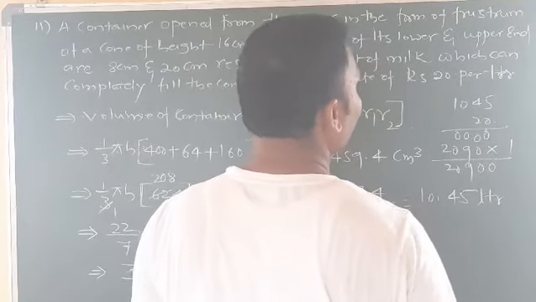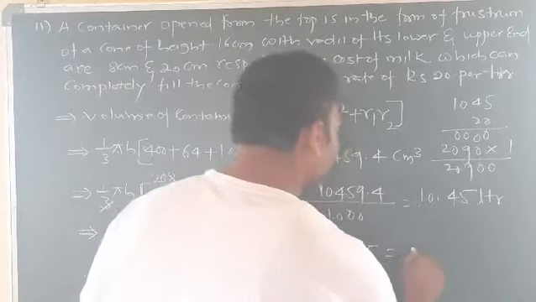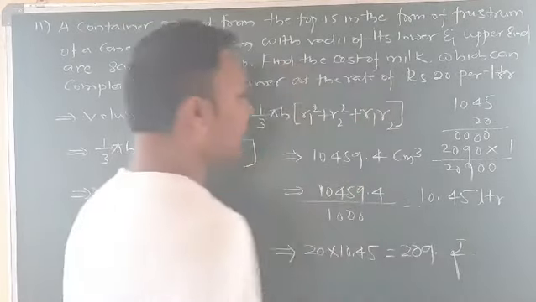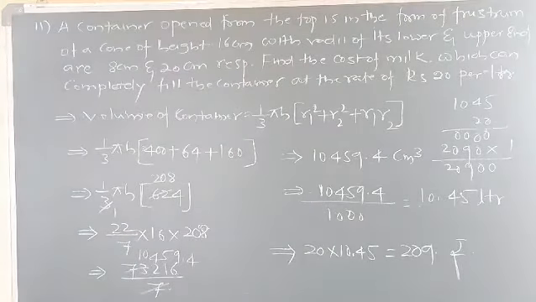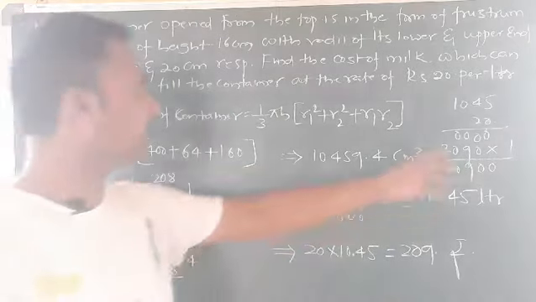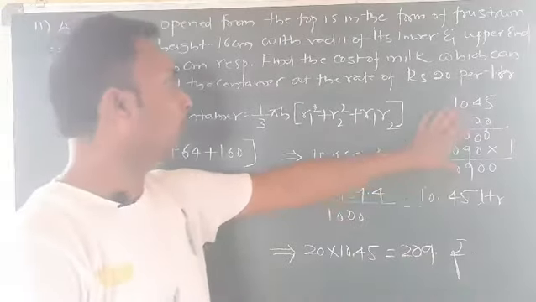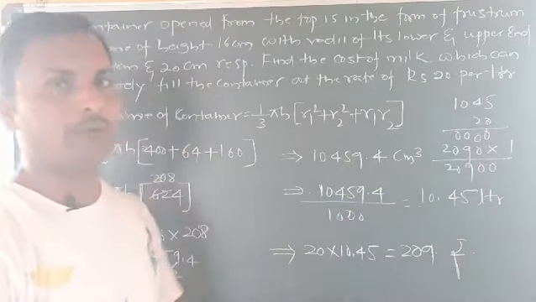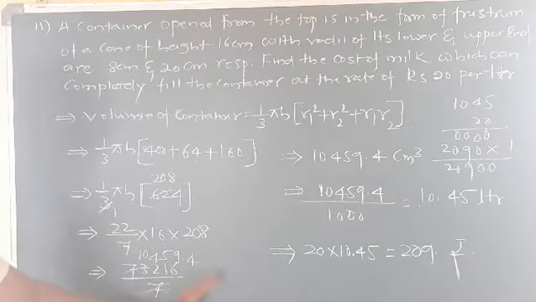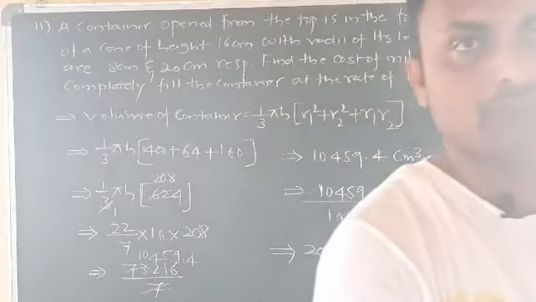Now how many decimal places we need to keep here? 2 decimal places. So answer will come, it is 209 rupees. Okay, see here, this is very simple, and you need to know how to calculate this basic also, because in this full chapter we need to know how to calculate this. Multiplication also is very important. Each and every point you need to keep in mind here. So we'll get the final answer is rupees 209. Okay, so I hope you understood this one.